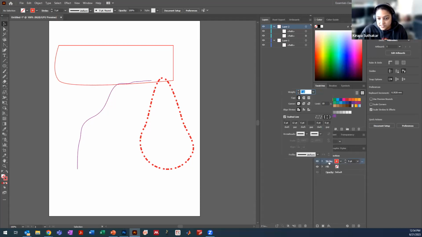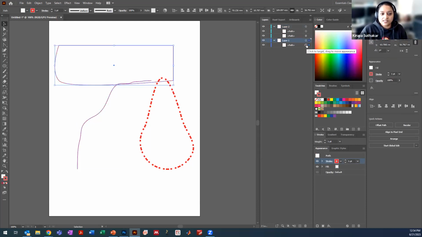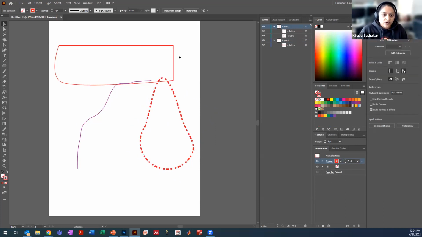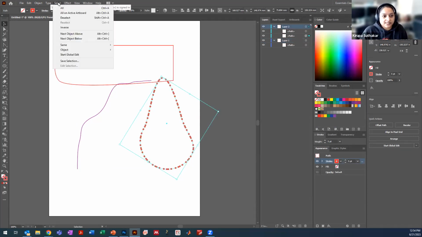So you can change it in this appearance as well. This appearance panel can be useful to tell you, if you are clicking on one of these to identify your object, you can come down here and see the features of that object. But what I wanted to show you is something called select same. So what I have here is my teardrop. It has a red stroke. If I come up here and say select same appearance, you'll notice that there are a